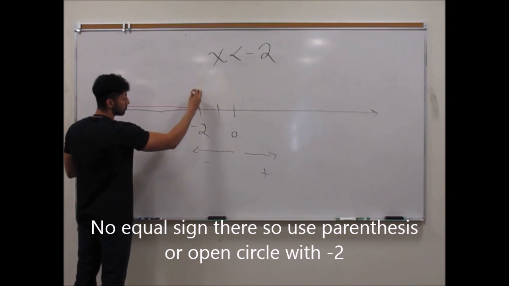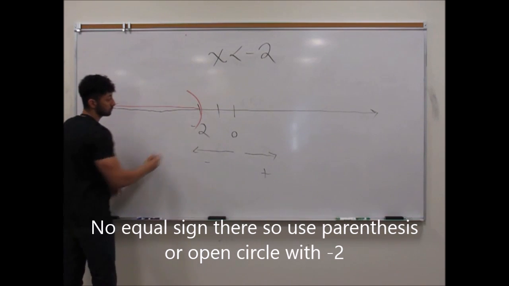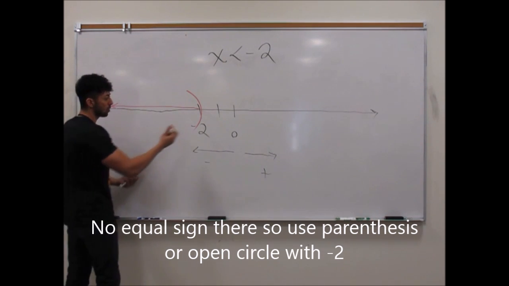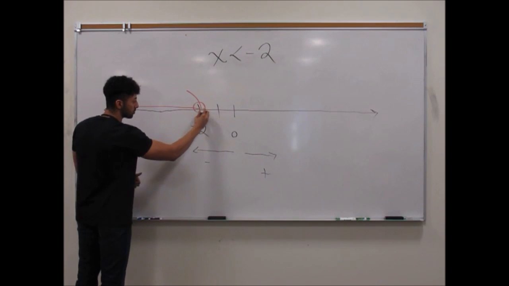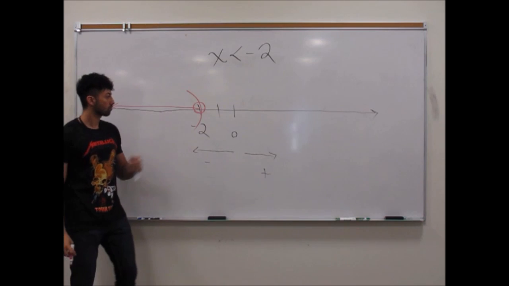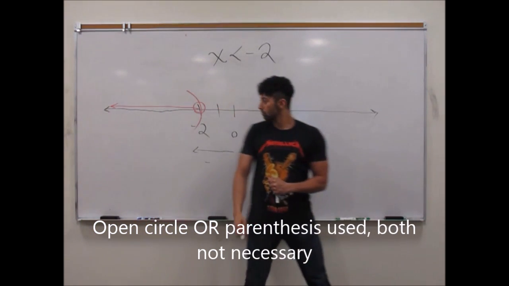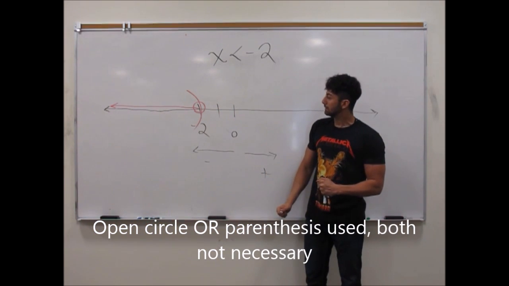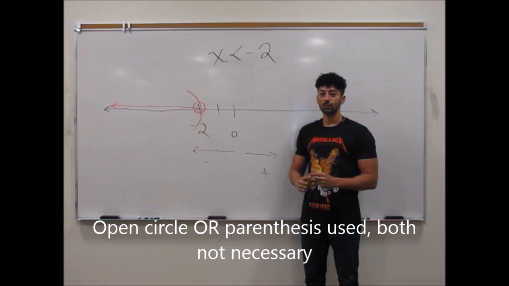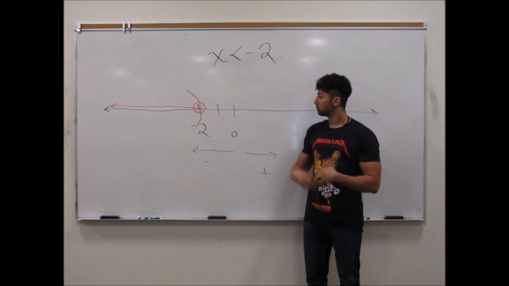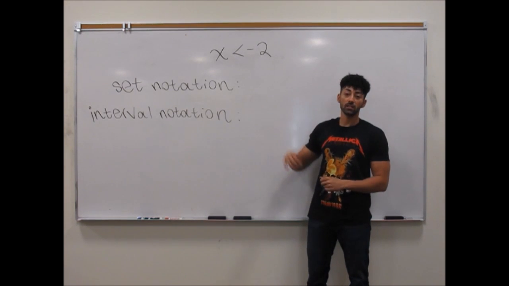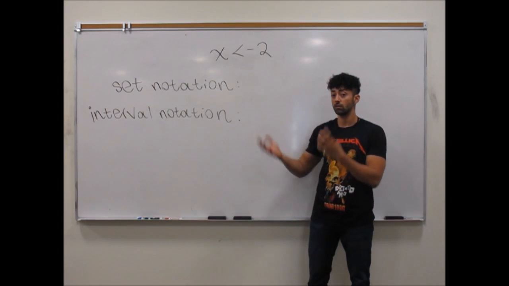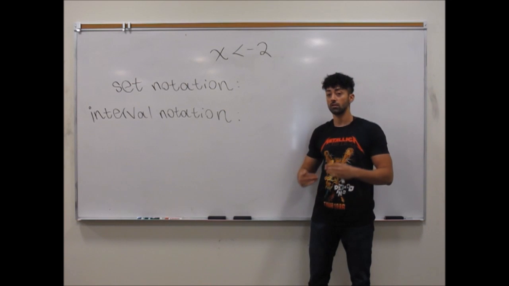But at -2 I could use a parenthesis to indicate that, or we use like this open circle. So that looks ugly, but we'll do some more examples and then we'll get the feel of this. Yeah. So just leading off that first example we did, we isolated the variable and then we showed the solution